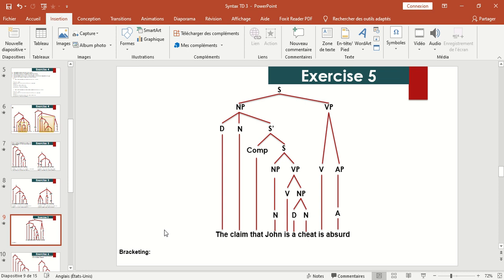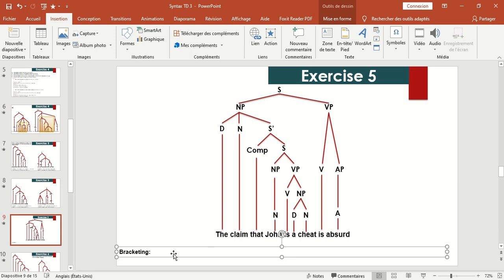Let's move to bracketing. As usual, we just translate what's there. So what do we have? We have S. Inside S we have NP. Inside NP we have a determiner, which is "the." Close the determiner. Then we open the noun, which is "claim." We close the noun and we open